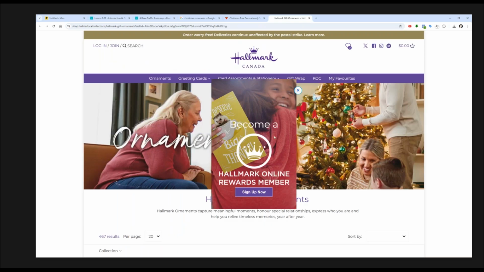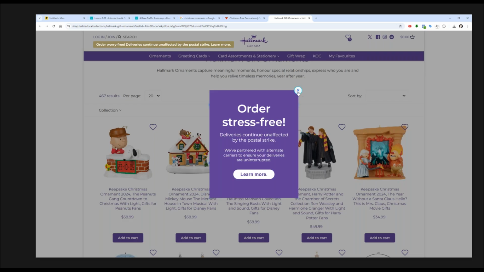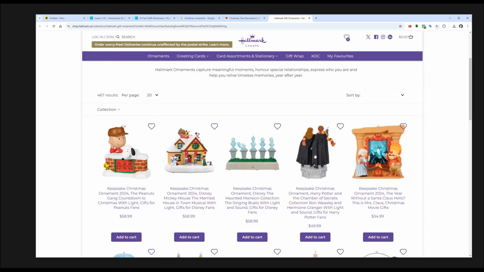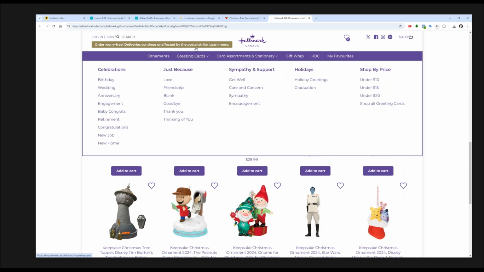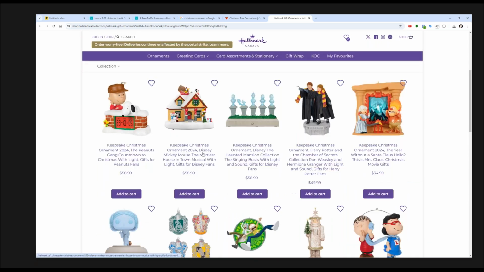And you can see on this page, there's a pop-up for an email newsletter. Not a bad idea. Another annoying pop-up. But here's their results, 467 results, and they're all Christmas ornaments. So somebody went to Google, typed it in, and landed on a page. And notice they didn't land on an individual page. They actually landed on a collection, which is the same thing that we would be doing. So we would send them to our landing page that has multiple options on it, unless they were searching for a specific one, like maybe a Harry Potter one, or maybe a Charlie Brown one.